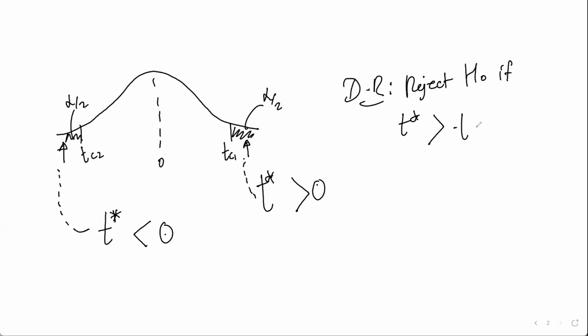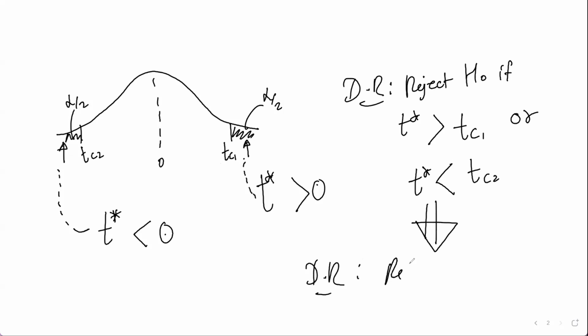If this is greater than TC2, or less than TC1, actually this is the decision rule. This is very lengthy and there is no point in checking two things. That is why we reconstruct this decision rule as: reject H naught if the absolute value of T star